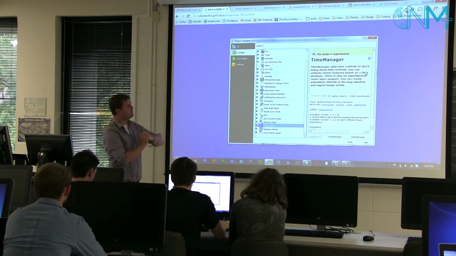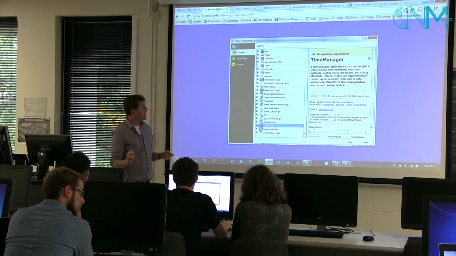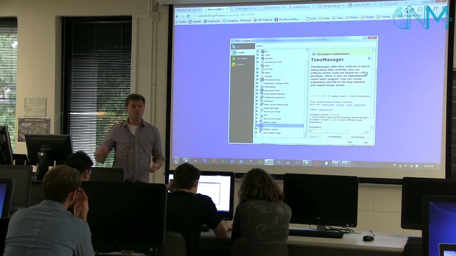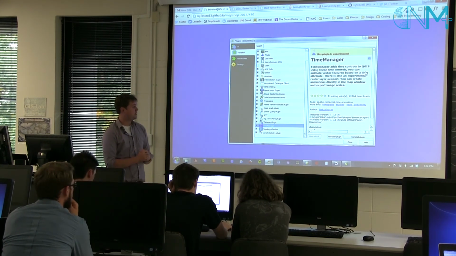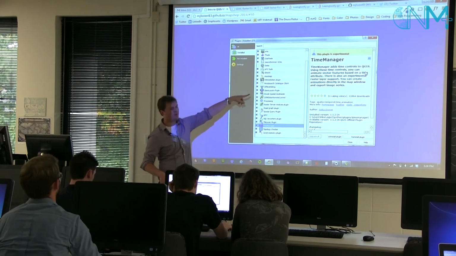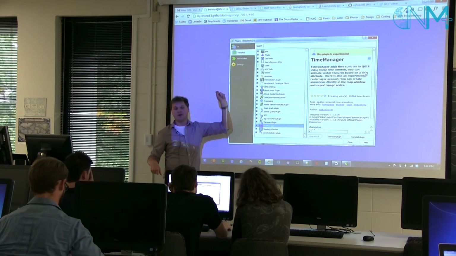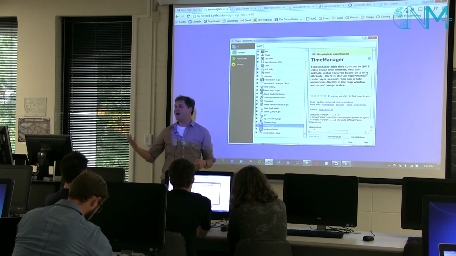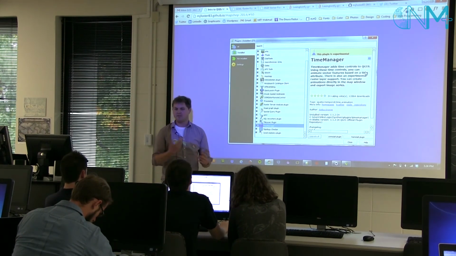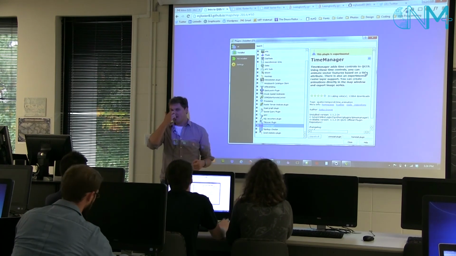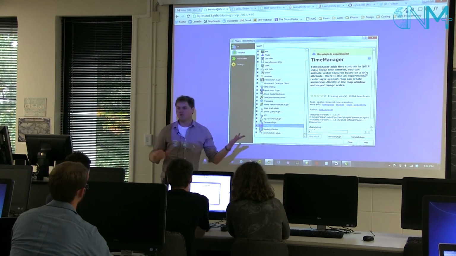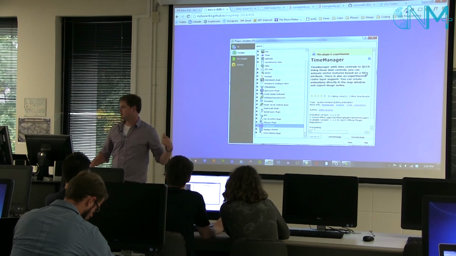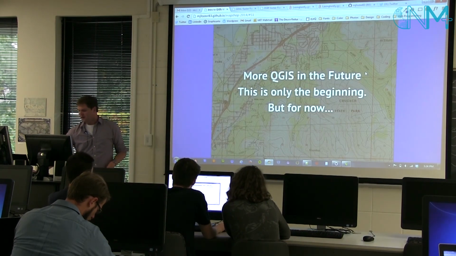One of the plugins I will encourage you to go get right away, if you're just starting with QGIS, is this Open Layers plugin. This Open Layers plugin is really nice in that it allows you to use Google Maps or OpenStreetMap or Bing Maps or a whole bunch of different map layers as a background for your map document, your QGIS document. So yeah,